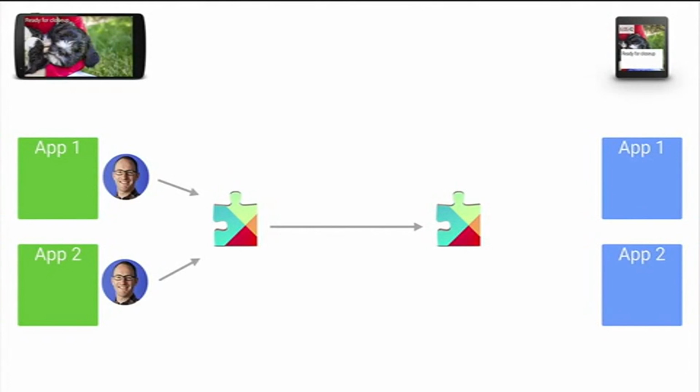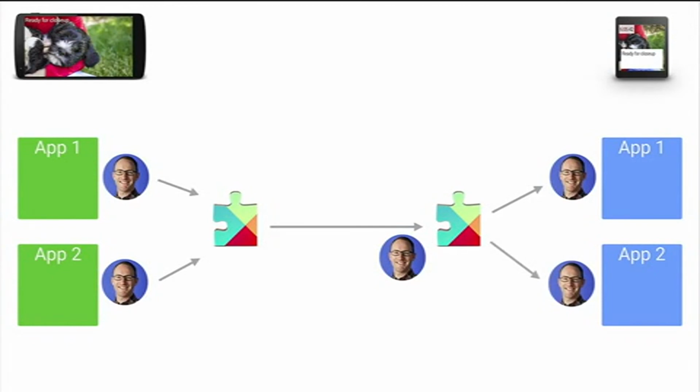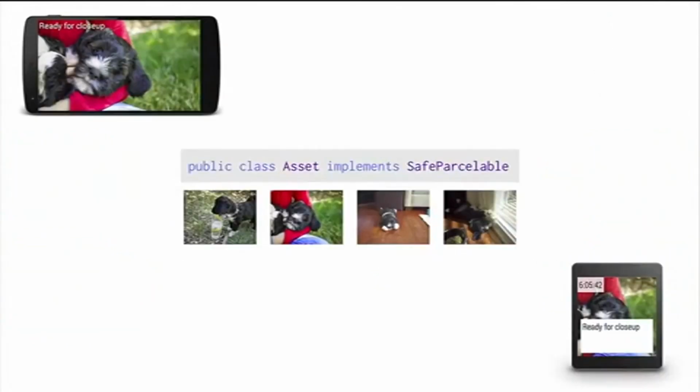So by putting these assets into our data layer, we will take a hash and only send one copy over. Now, on the other side of the link, these applications don't really know that another application was using that same asset. They just see it as their own private copy. So it's all secure, it's all there, it's great. We're going to use those assets with our puppy app, although who else is going to be using pictures of my puppy?